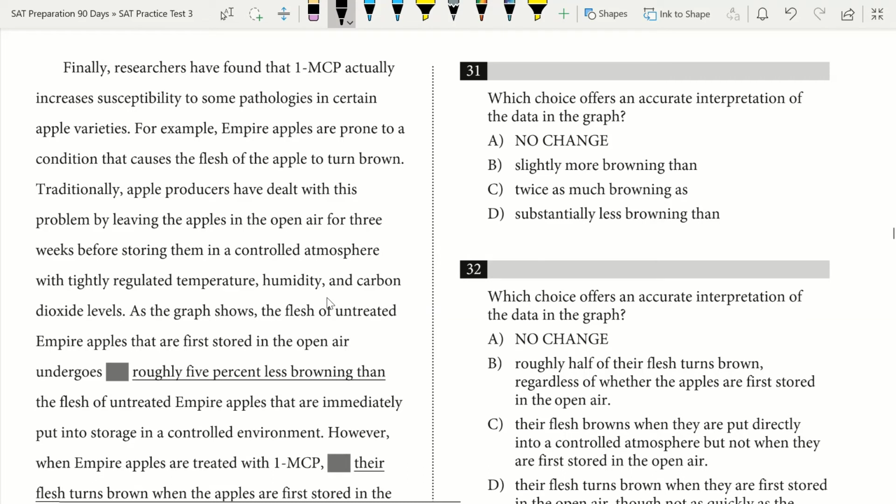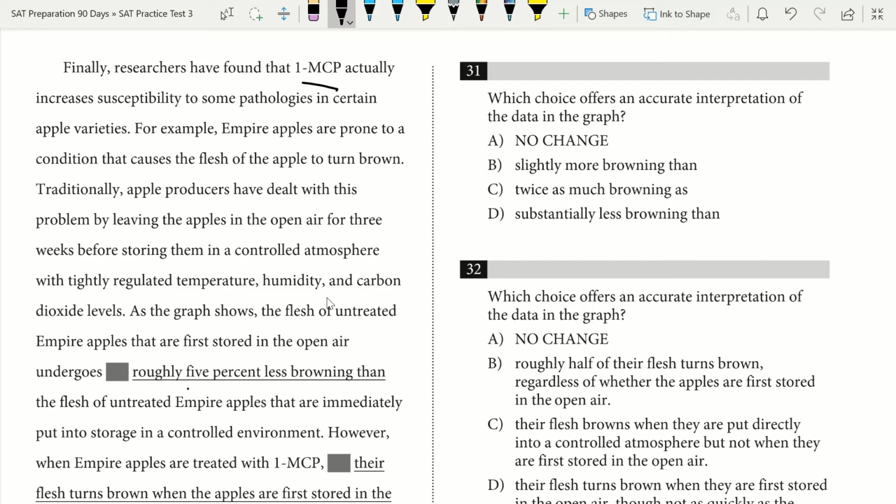Finally, researchers have found that 1 MCP actually increases susceptibility to some pathologies in certain apple varieties. For example, Empire apples are prone to a condition that causes the flesh of the apple to turn brown. Traditionally, apple producers have dealt with this problem by leaving the apples in the open air for 3 weeks before storing them in a controlled atmosphere with tightly regulated temperature, humidity, and carbon dioxide levels. As the graph shows, the flesh of untreated apples that are first stored in the open air undergoes, okay, anytime